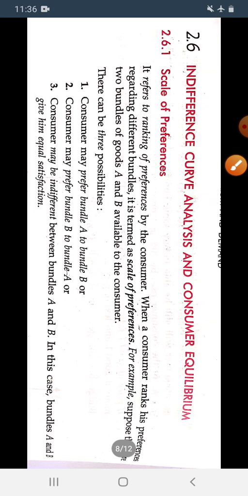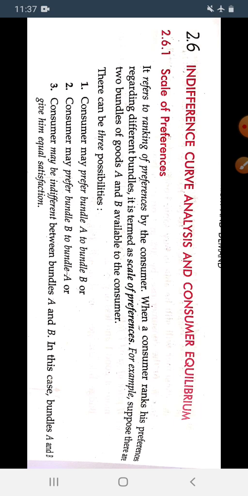Okay, now the next topic is indifference curve analysis and consumer equilibrium. We have studied in the previous classes that there are two types of utility: cardinal utility and ordinal utility. Cardinal utility is based on numeric terms. If we can measure our utility in numeric terms, that is called cardinal, and it was given by Marshall. The second is ordinal utility, which was given by Hicks and Allen, and it says that the consumer